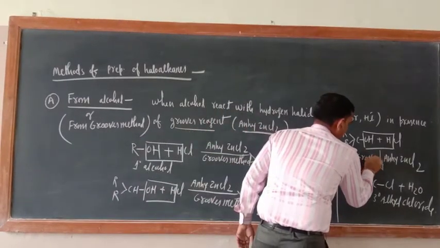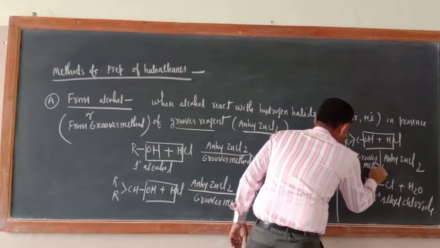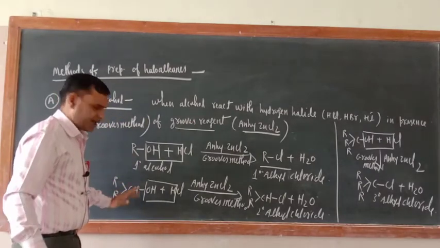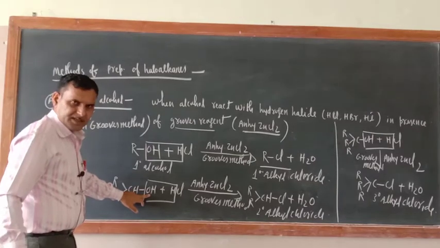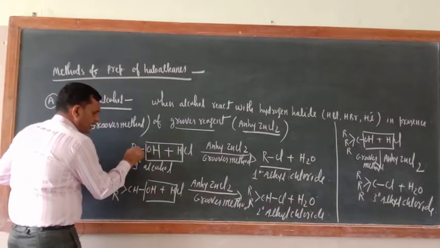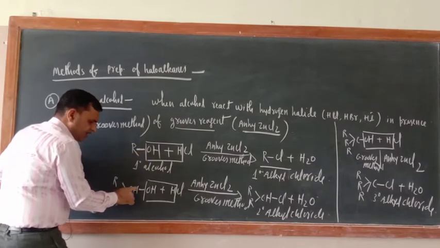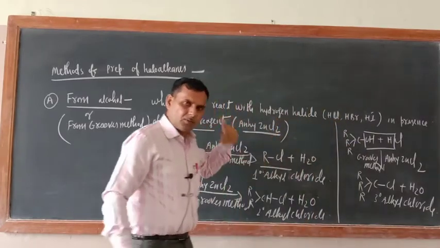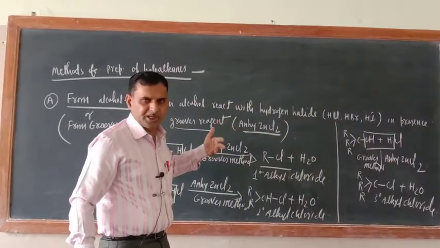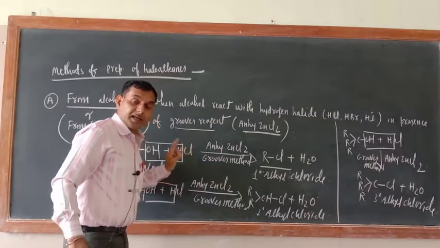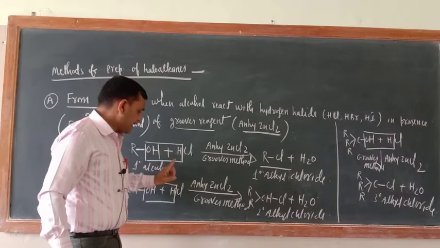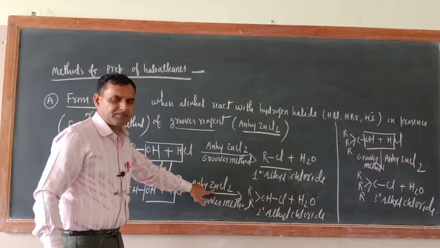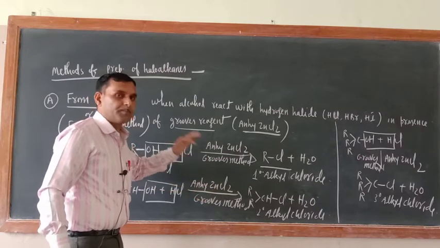Now just see what is the speciality of this method. What is actually happening here is that OH is getting replaced, which means the C-OH bond, here also the C-OH bond, here also the C-OH bond is getting broken. Then only will you have 1 degree, 2 degree and 3 degree halide. So just see, the breaking of the C-OH bond is facilitated by anhydrous ZnCl2. That is the function of this one, anhydrous ZnCl2. How? I will tell you that also.